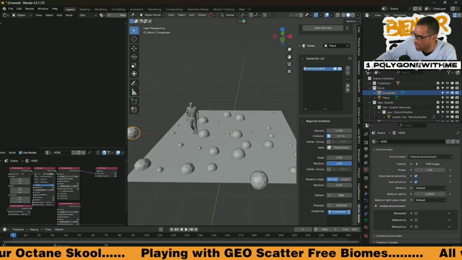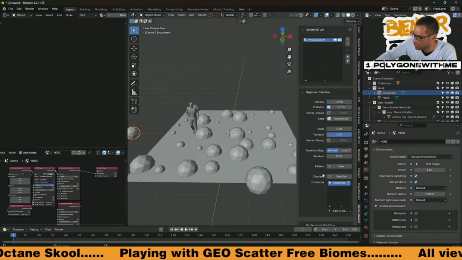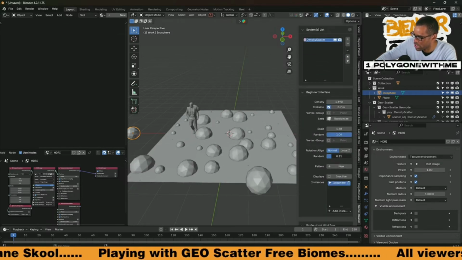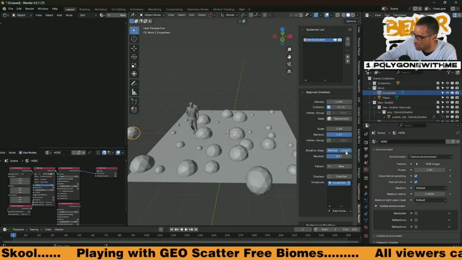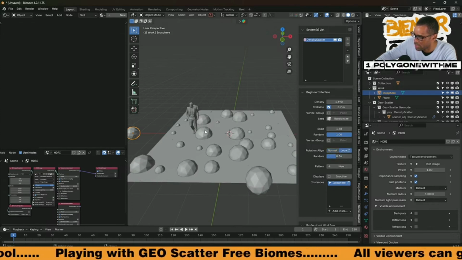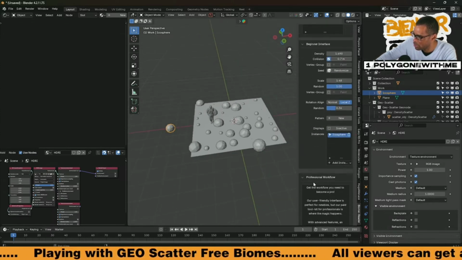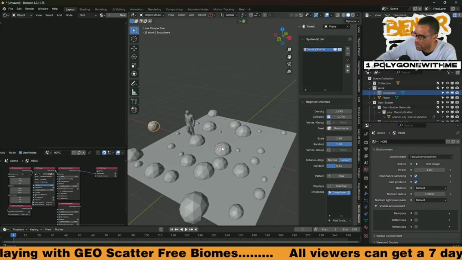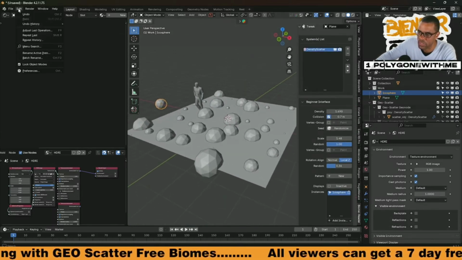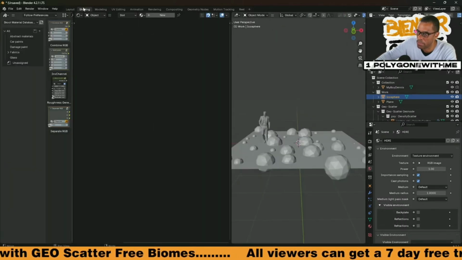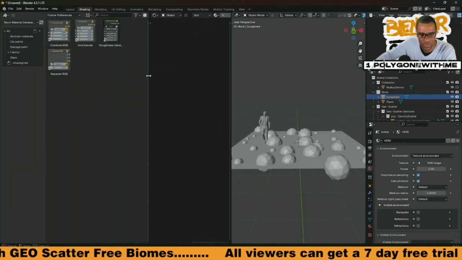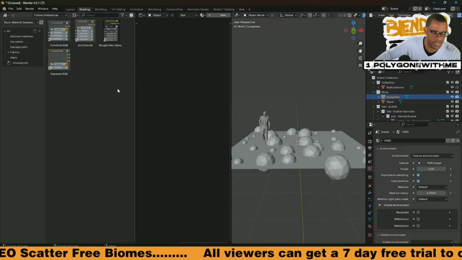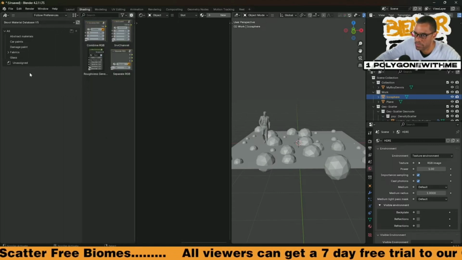Then we got scale random. There's a scale random. We also have rotation. You can do the rotation random, also rotation on Z, stuff like that. And yeah, that's pretty cool. So you can still use this as just a quick scattering, right? And then, like I said, if you save the path in your asset library, you can also maximize the